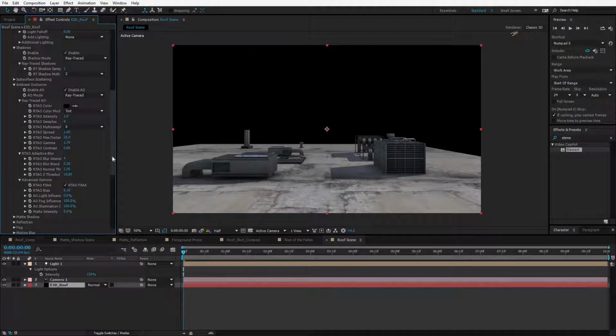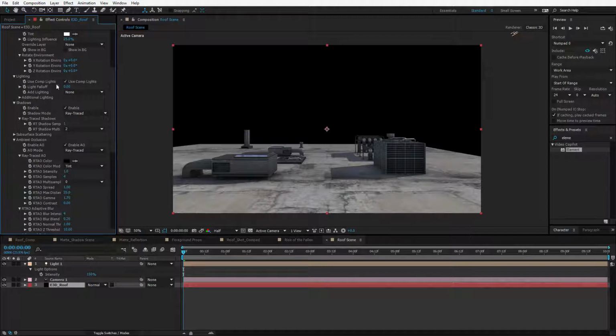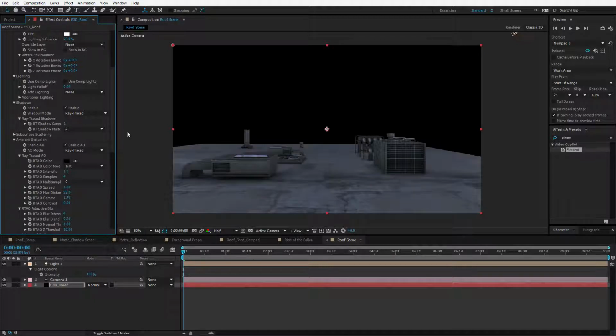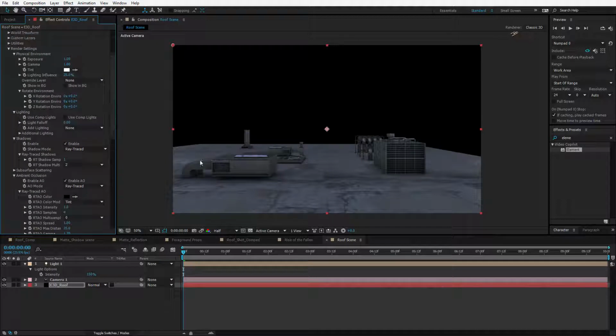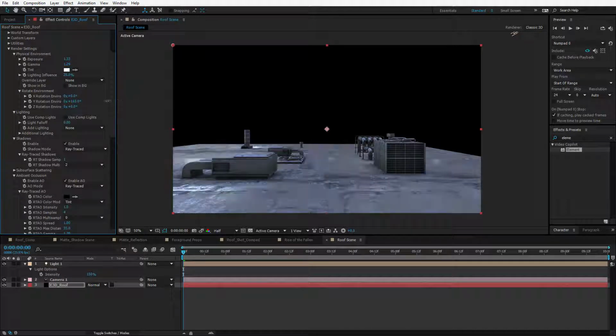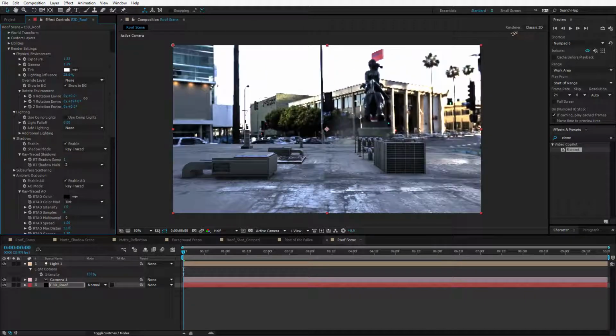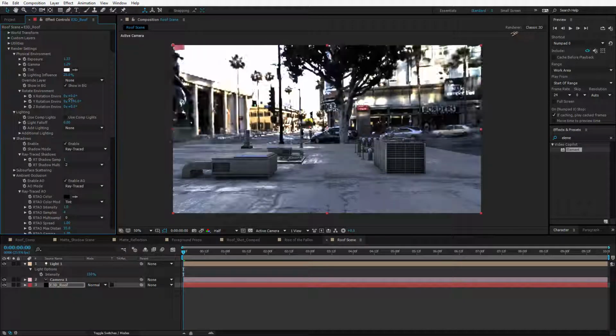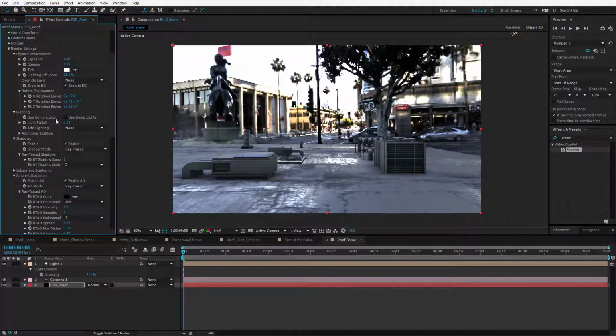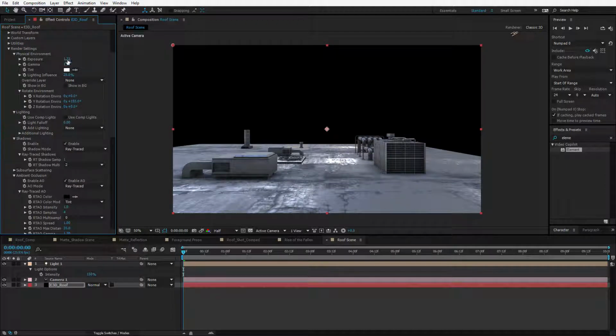How can we get this to look more realistic? So if we come up here to the lighting, even if I disable the comp lights, Element 3D gets a lot of its material lighting from the physical environment. So if I turn the brightness up or the gamma, or even if I rotate the environment, it changes the look of the materials. Now, if I show the environment in the background, you can actually see how it affects the materials. And this is all before I have even turned on any lights. So the clue here is that